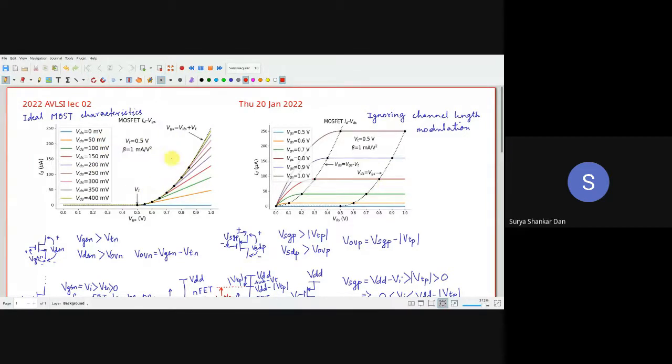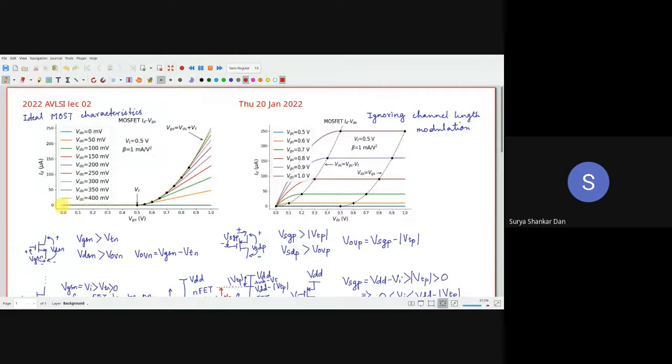The same diagrams. The only thing I have done additionally in that Python code is that in our previous lecture, remember we had these dots, right? These dots were essentially corresponding to the points where the device is moving from linear to the saturation region or saturation to the linear region, or vice versa. Basically, that's the boundary of the linear and saturation regions.